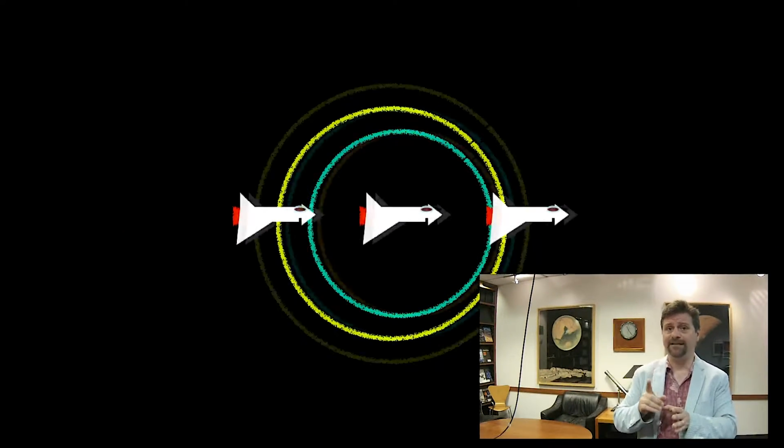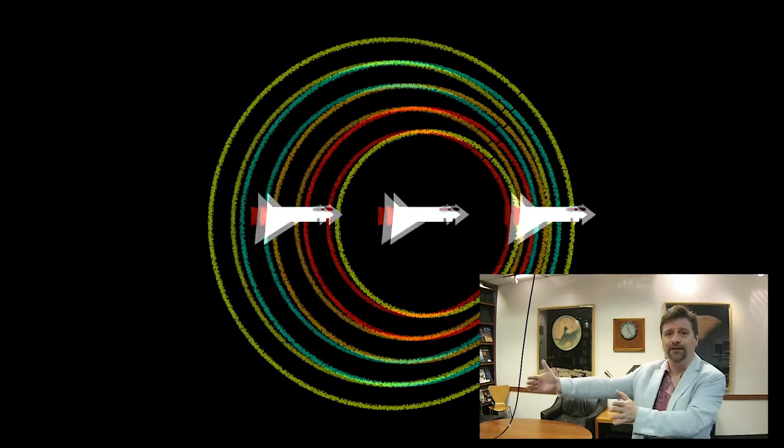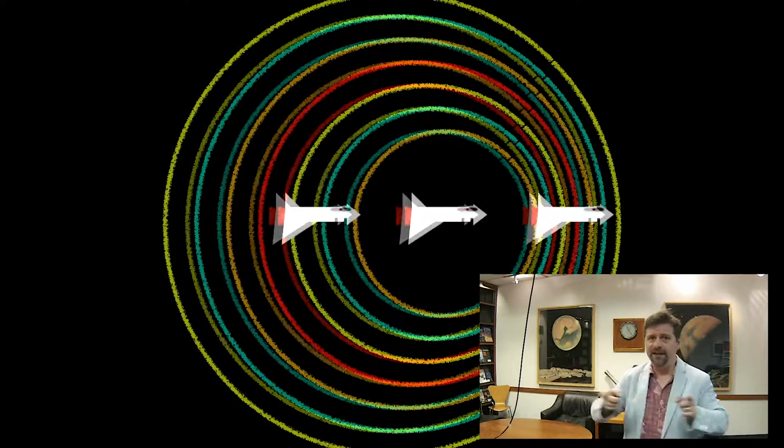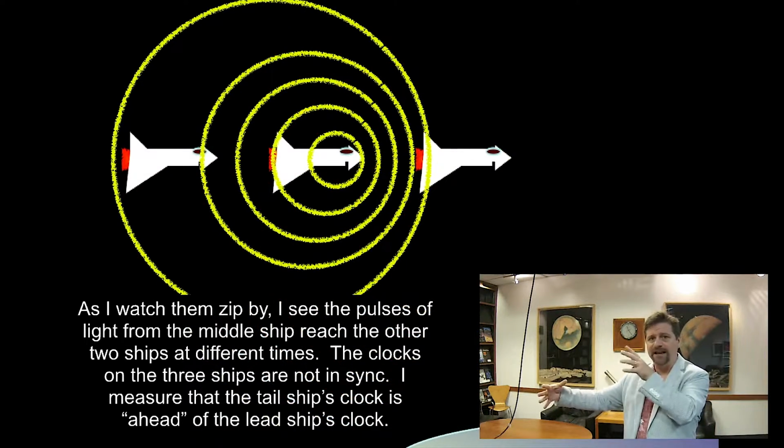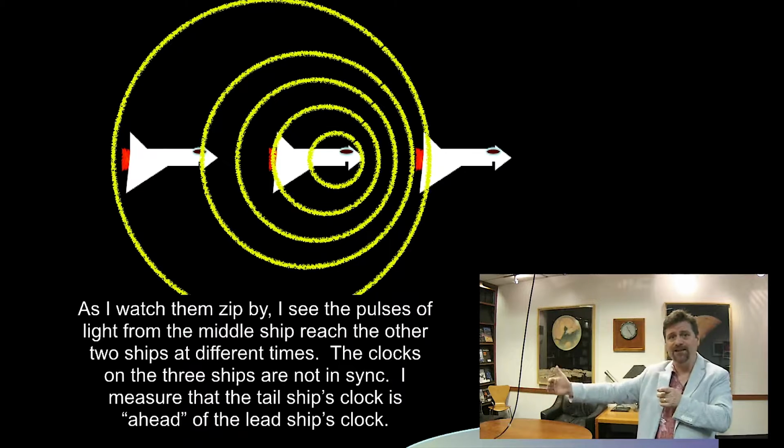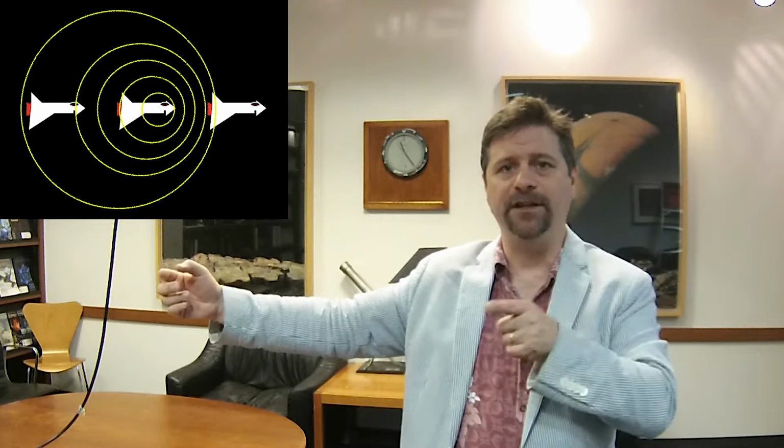Well, the clocks leave the signal behind a little bit or catch up to the signal. So if the clocks are here and then they're here, the signal simply spreads out from the place it started. The first clock to encounter the signal is the one trailing, so it sends its response back. The other clock that's going this way sets its time as soon as it gets the signal. It doesn't wait to send the clock signal back. But then the second one, which is in the lead, has to wait a little bit because it's rushing away from the signal, according to someone outside.